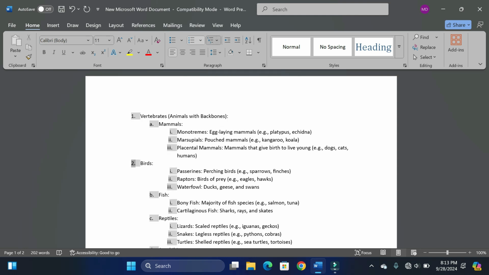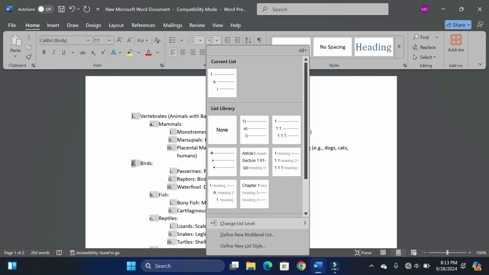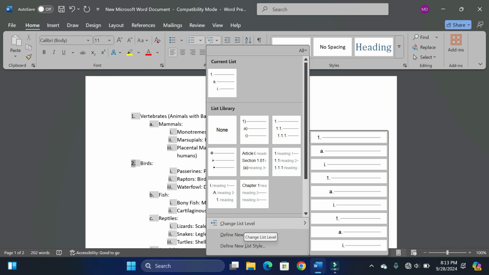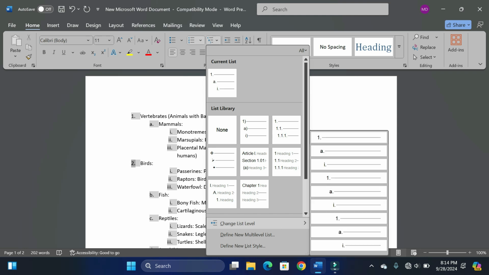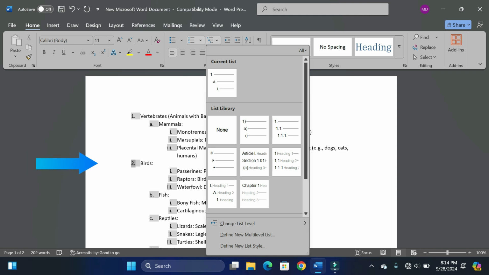Simply go over here into multi-level list option, and down at the bottom you can see we have these options: change list level, define new multi-level list, and define new list style. At the top you can see we can actually change any of the multi-level list to even subcategory or to a top category. For example, over here you can see we have birds,